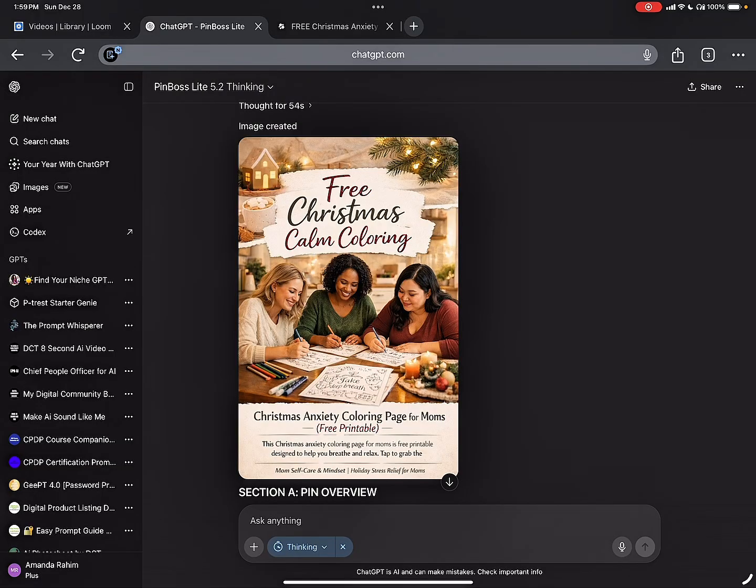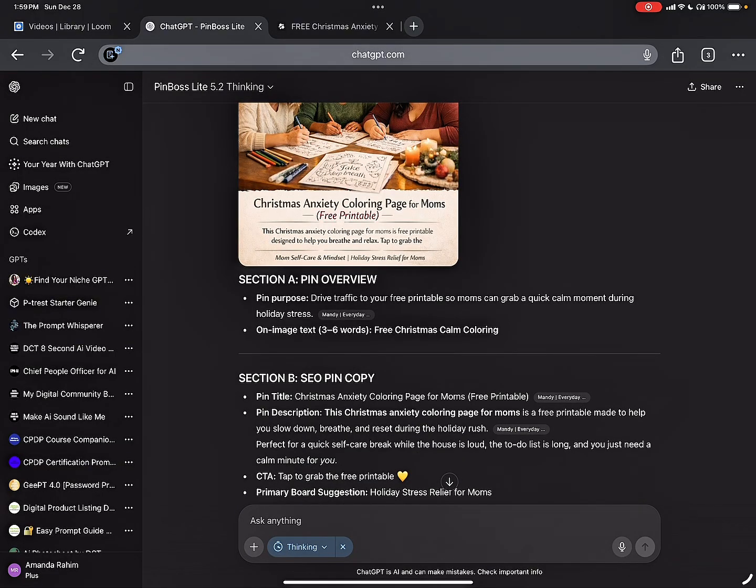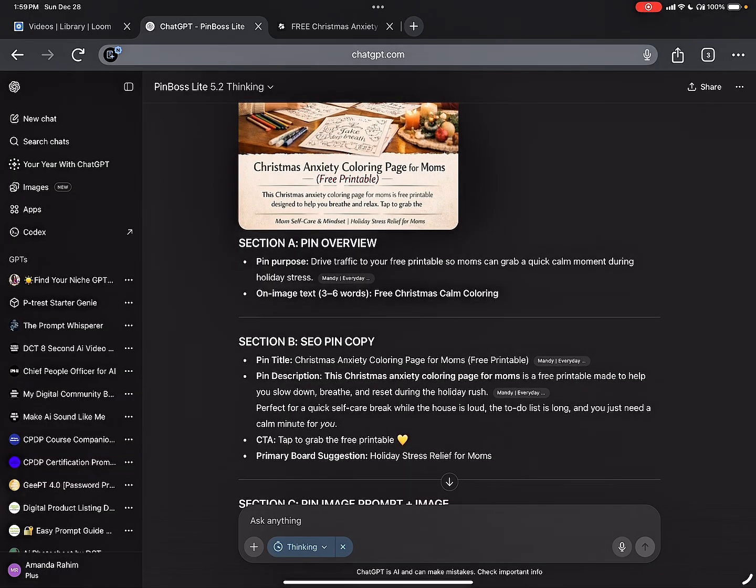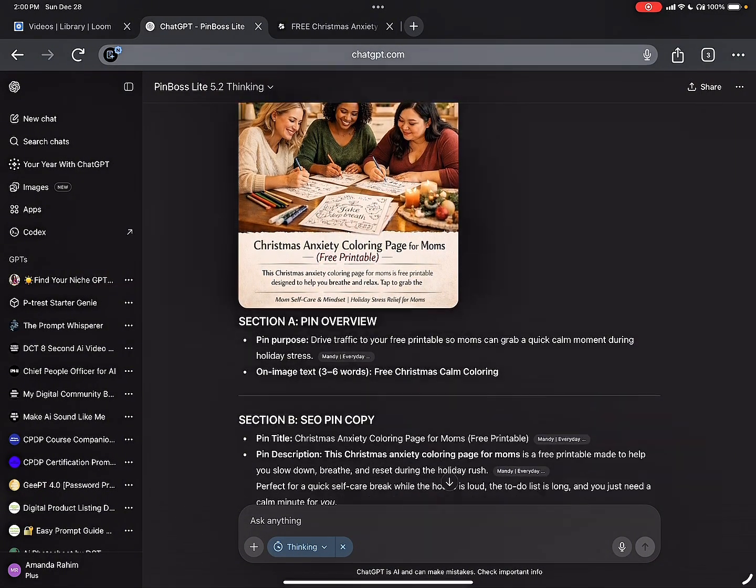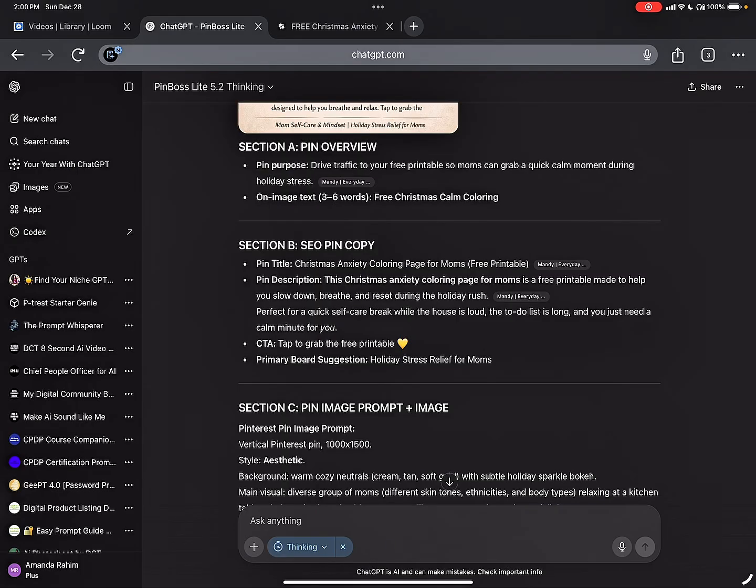On top of creating the image, it gives you a pin overview. So it says pin purpose: drive traffic to your free printable so moms can grab a quick, calm moment during holiday stress. The on-screen text says free Christmas calm coloring, which is what it says on the title. This is what it gave me, an SEO pin copy. So it gave me the title, right? And this is what you're going to put into Pinterest. You're going to grab this title, Christmas Anxiety Coloring Page for Moms, free printable, and you're going to put that